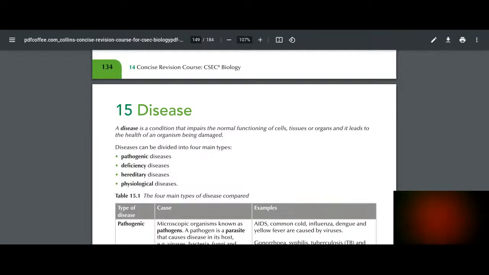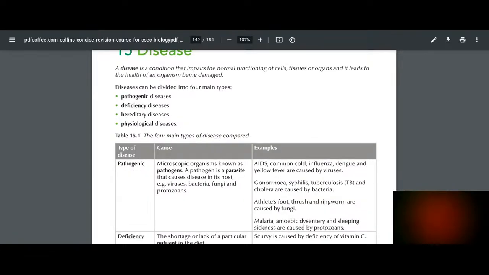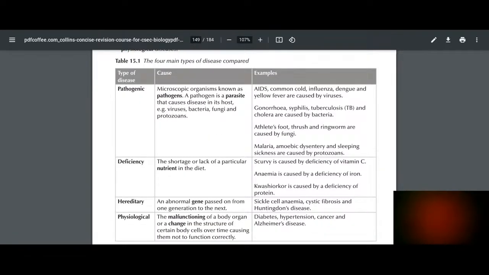Then we have types of disease. We have pathogenic disease, deficiency disease, hereditary disease, and physiological disease. What is a pathogenic disease? Pathogenic disease is basically disease that is caused by microscopic organisms, also known as pathogens. So basically, pathogenic diseases are